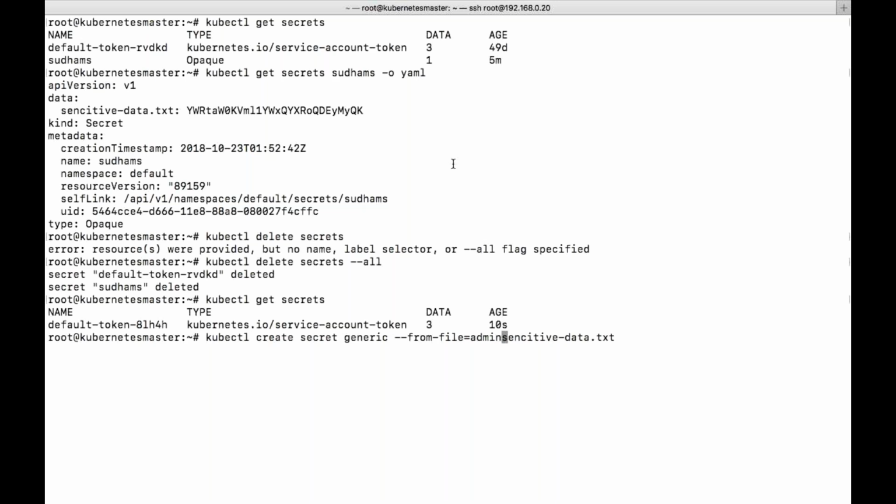Admin and password. What I need to do is separate that particular file instead of doing it like this.